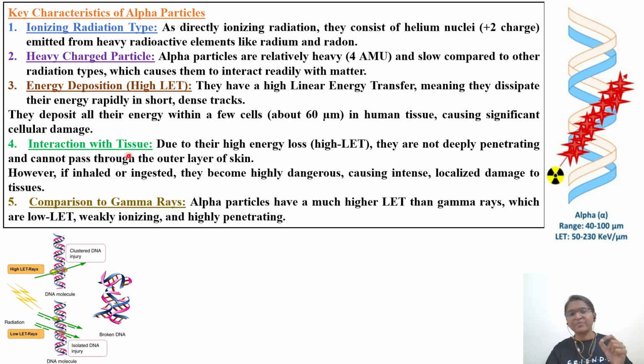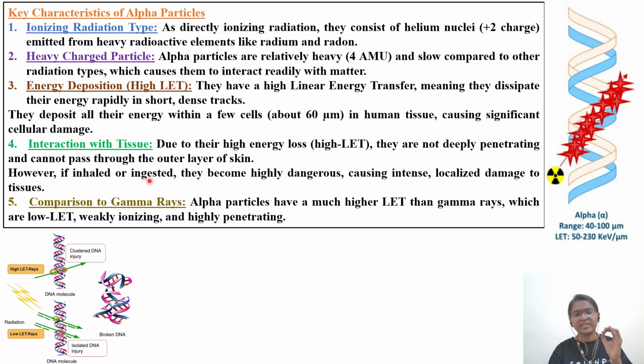Interaction with the tissue. Due to their high energy loss, that is high linear energy transfer, these alpha particles are not deeply penetrating, because superficially, on coming in contact with the cells, their energy gets dissipated. So deeper penetration into the other tissues will not take place. Due to their high energy loss, they are not deeply penetrating and cannot pass through the outer layers